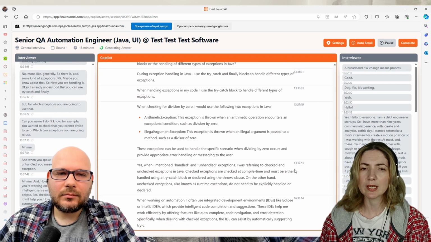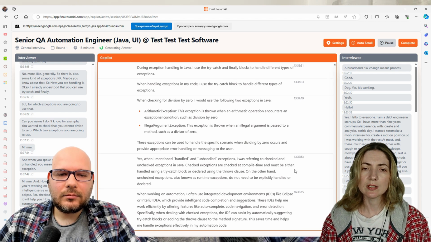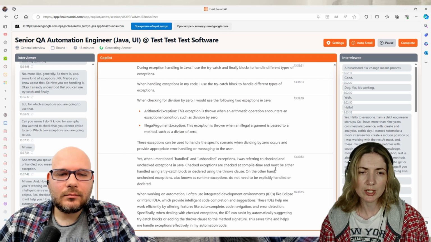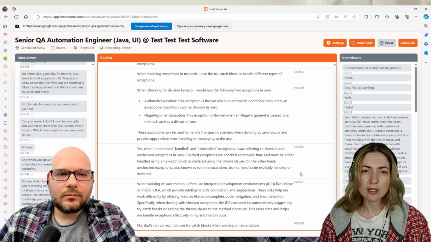Yes, we can integrate our environments with our automation frameworks. IDEA helps to work efficiently and has some features to check exceptions.